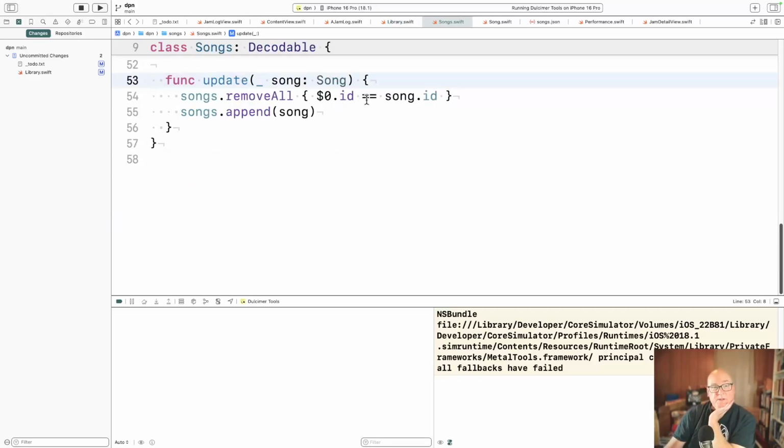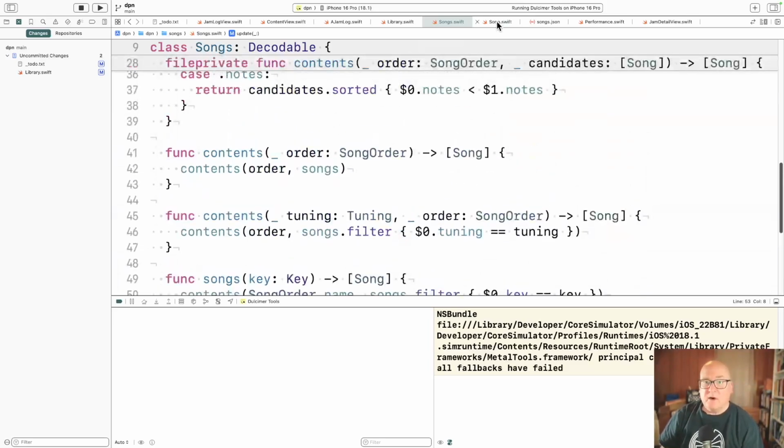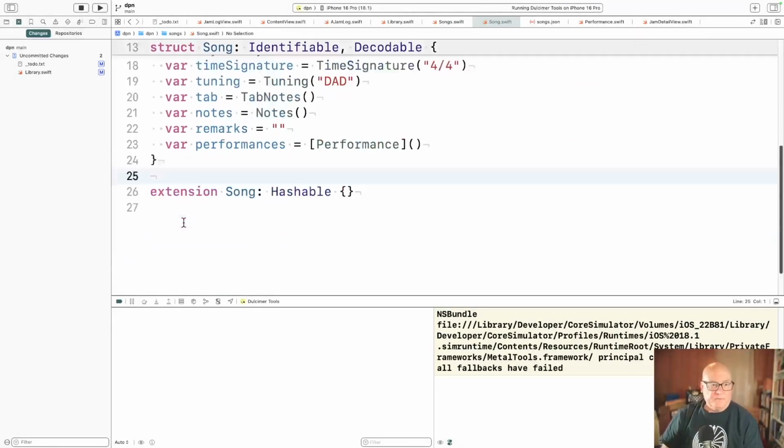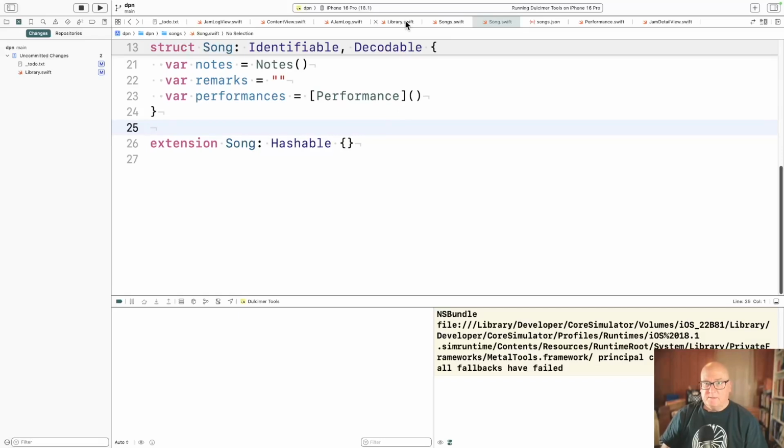Oh, it removes the original song and appends the new one. Okay, so we're already okay, because we have a song with the same ID and the same contents, except then we modify the performances. We're going to remove the old one and then add the song. Okay. Is performances a var? I think I did. Yeah. Okay. And I guess what we just did kind of proved it too.